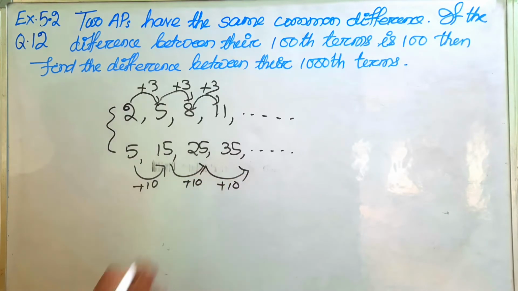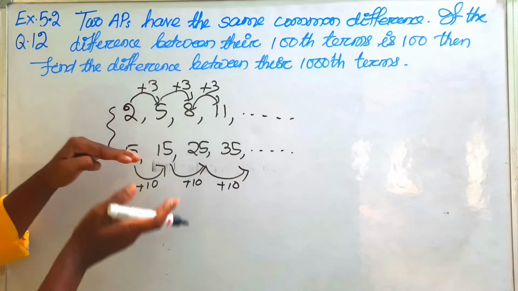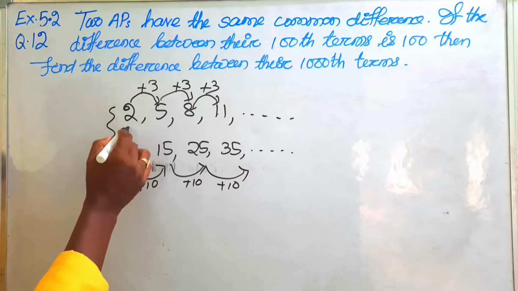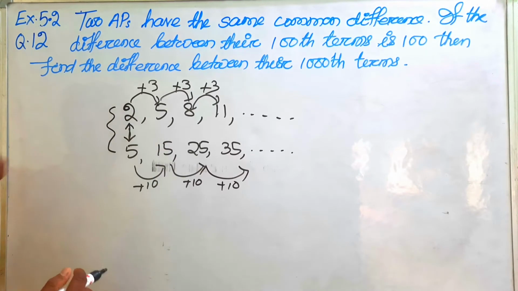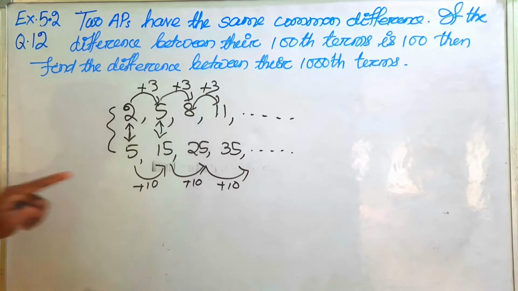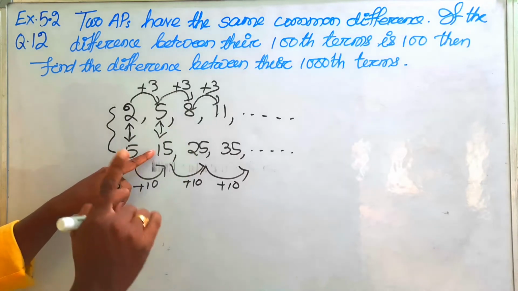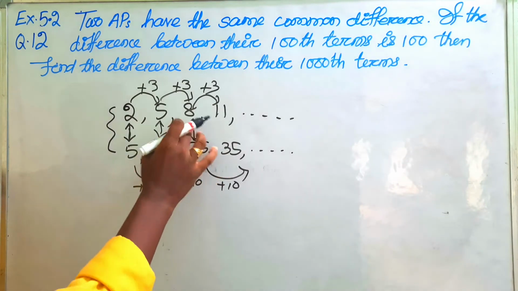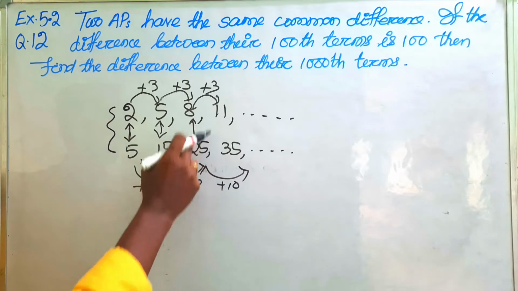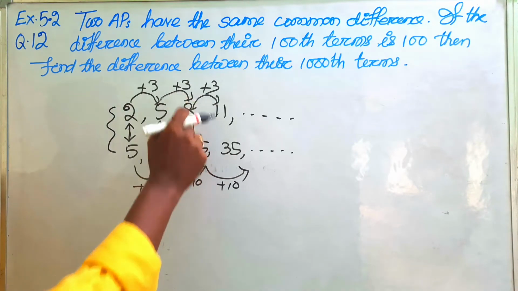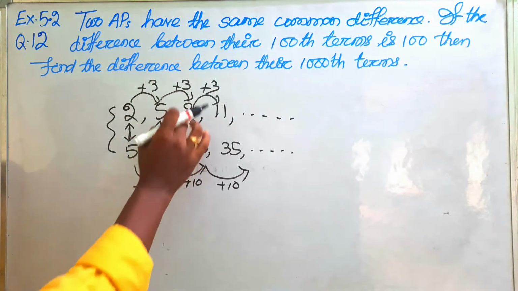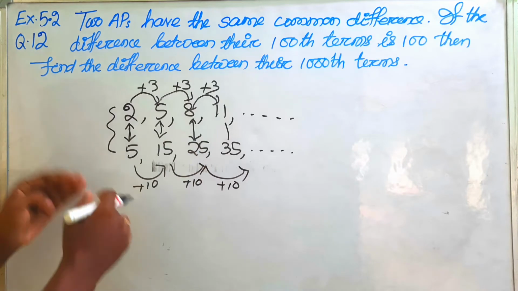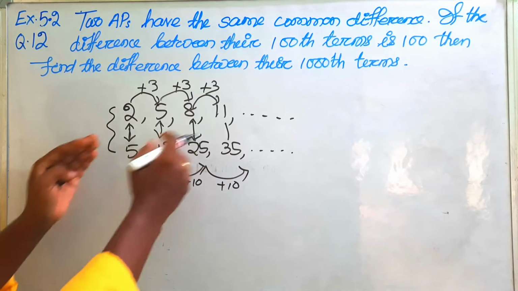Now guys, look at the difference between the corresponding elements of these two APs. If you take the difference of these two, you will get 3, but here you will get 10. Here 3, here 10, that is 7, you are getting an increment. Now here you are getting 17. Clear? The difference between these two corresponding terms is 17. Now here it is 24. So in this way it is increasing.